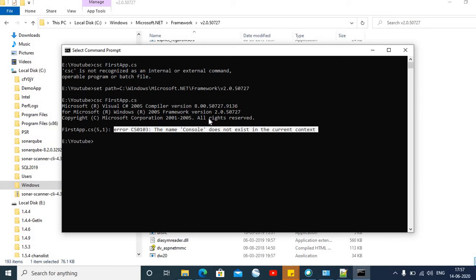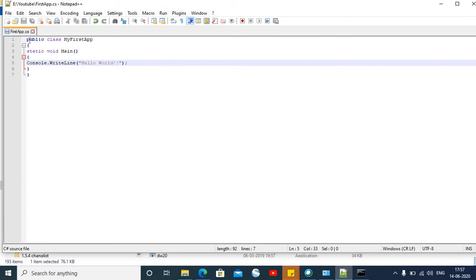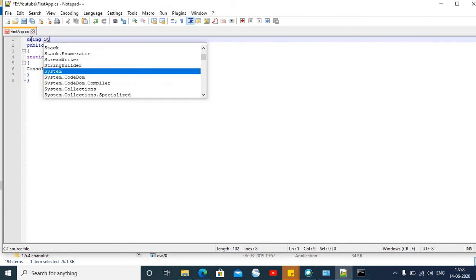Actually, the C# compiler won't be able to identify what Console is unless we specify the actual namespace. So it is not able to identify from where it is being derived or called. For this we have to include the system namespace, and it can be declared by the using keyword. So using System.